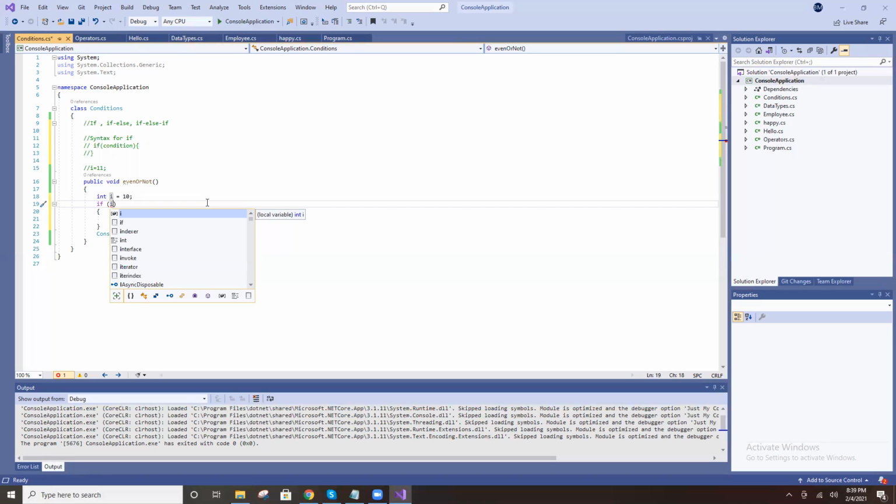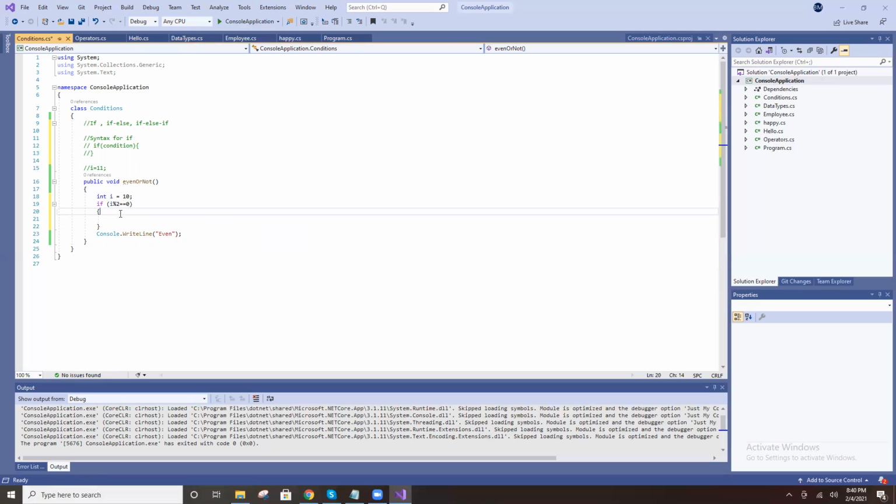Now tell me which operator I can put here. Not plus or minus; which one? I by 2 means division. I modulus 2 means the remainder. 10 modulus 2 means what is the value? 0.